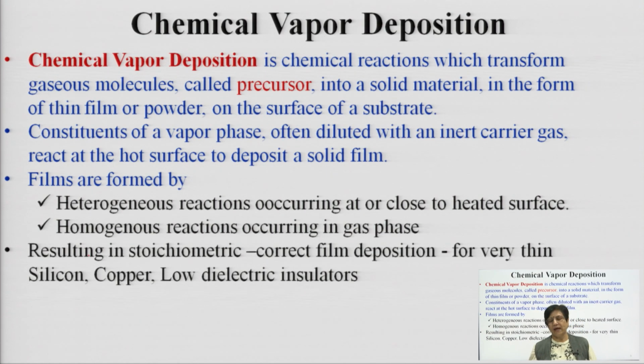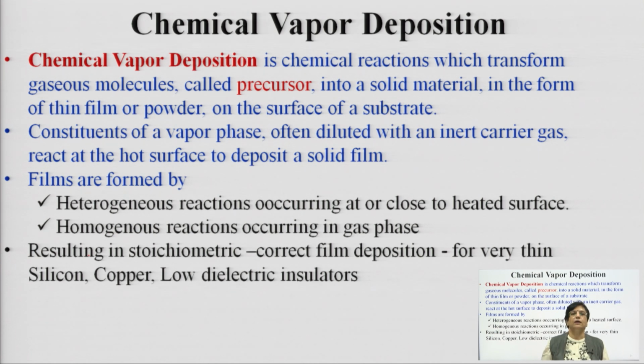Now, prior to this topic, in the previous lecture I gave you the idea of what the different types of films are, and what the need is for depositing these films as far as your IC, integrated circuit, design is concerned. We have also seen the two typical physical deposition techniques, where you deposit the layer physically onto the wafer substrate: physical vapor deposition and sputtering. Now, here we are going to see the technique where some chemical reaction is involved, and this is known as chemical vapor deposition.